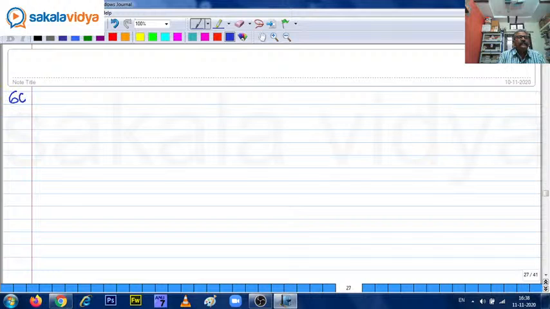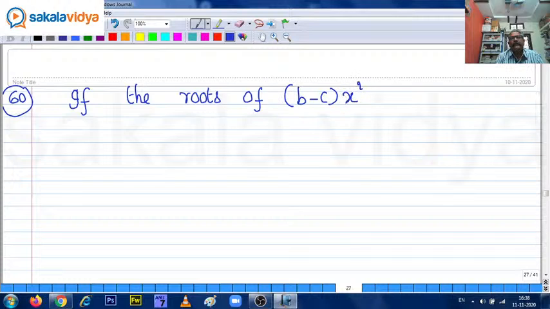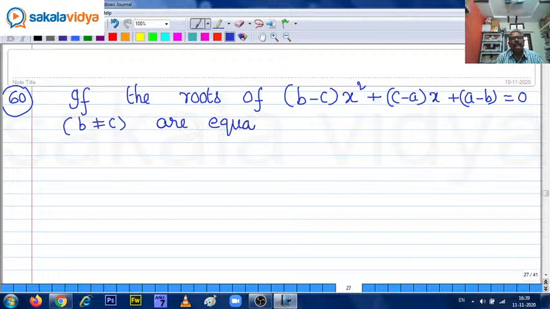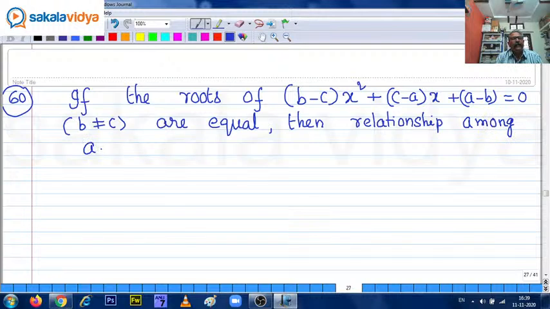Question number 60. If the roots of B minus C x square plus C minus A x plus A minus B equals 0, where B does not equal C, are equal, then the relationship among A, B and C is